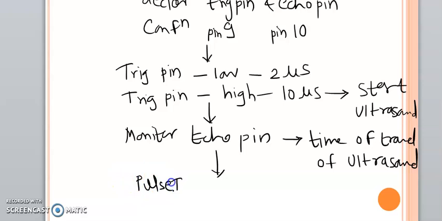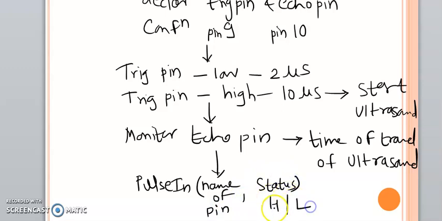pulseIn is again an inbuilt command in Arduino IDE, which is going to monitor the status of a particular pin. This command is new to you. So what is the syntax of this command? pulseIn, in brackets you need to provide arguments, that is the name of the pin which you are going to monitor, and for what status you are going to monitor, high or low.